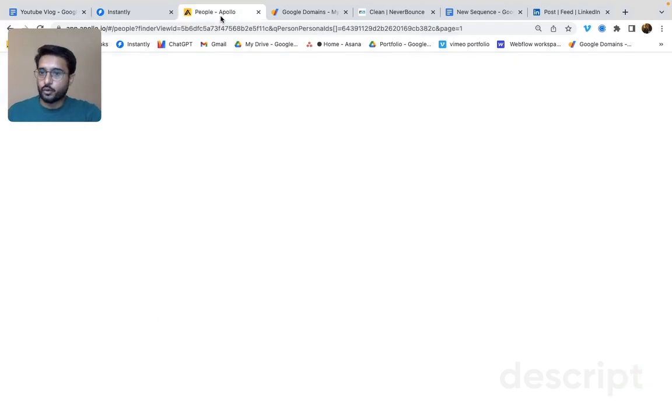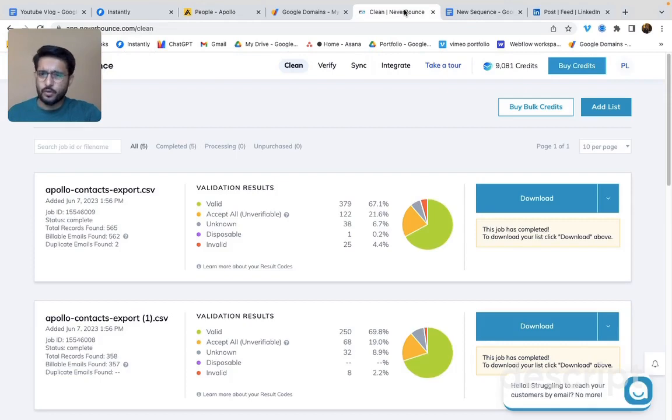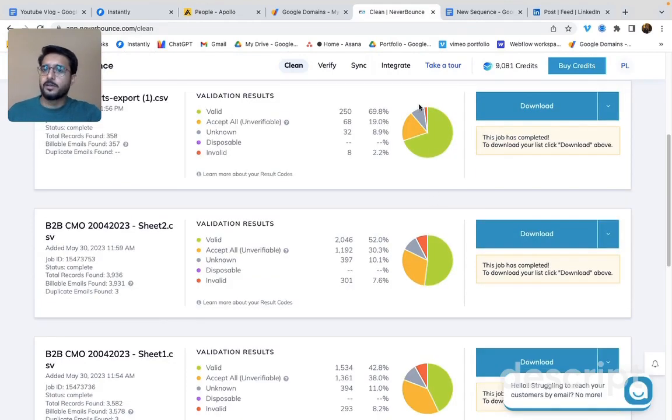And then we used Apollo.io. You can get email data from here. I bought a $99 plan for the month and you can export up to 2,500 email IDs from here. However, word of caution, data accuracy is an issue. You should clean it up using a service called NeverBounce, or there are other email validation services.